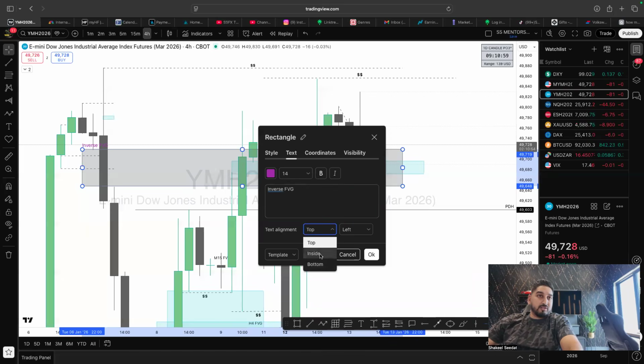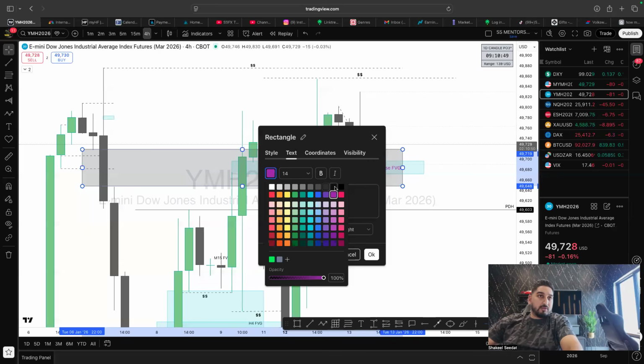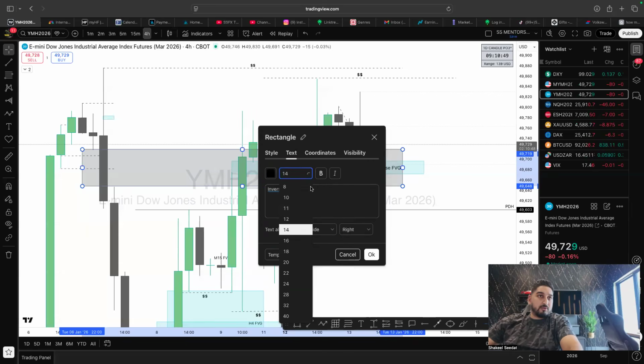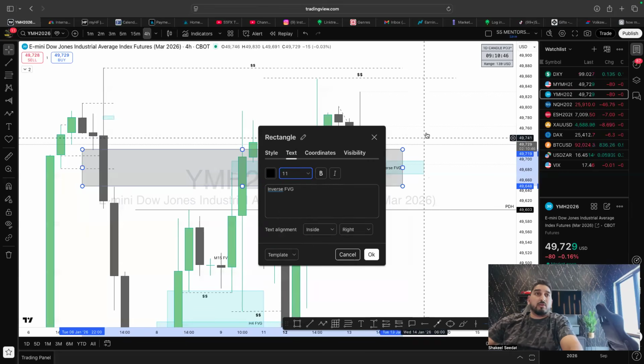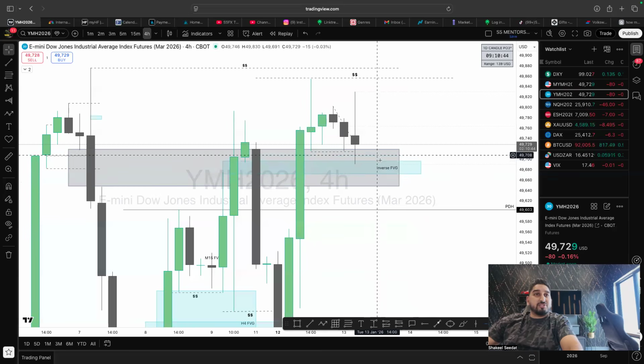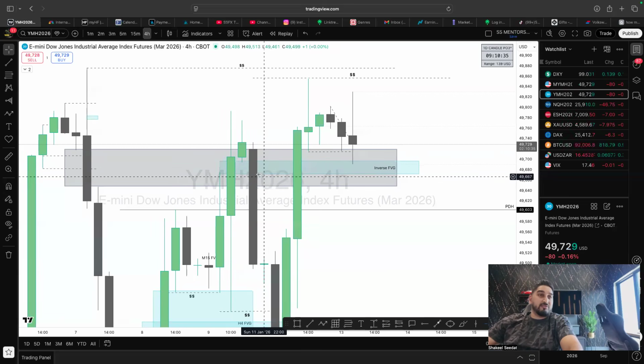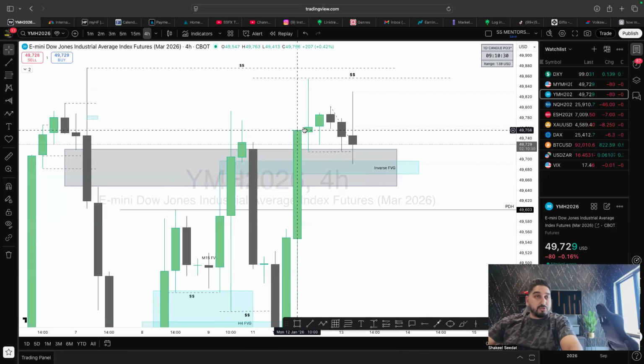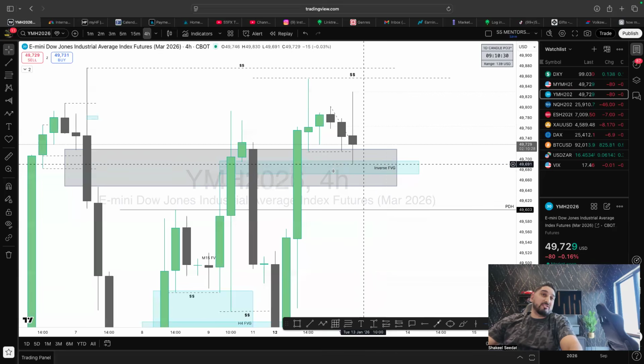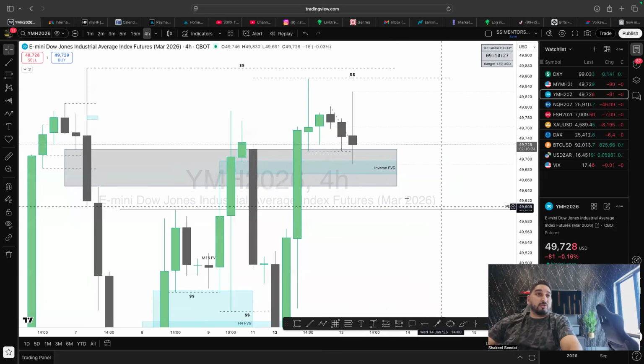We're going to put that in the inside right corner. That black, and I'm just going to drop that to 11. Okay, so that's the inverse FVG that I was looking at. Then we have this other area here of imbalance, call it buy side imbalance, sell side inefficiency. So this was a BSI, flipped over, came back, pushed through it, now reacted off it as a support, right? So that's the sort of area I'm looking at